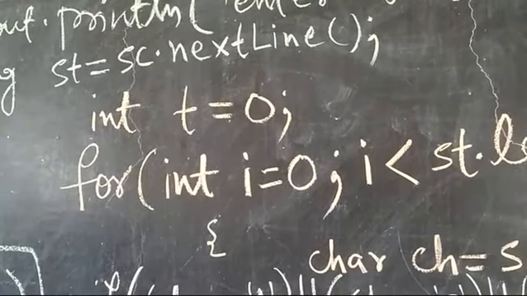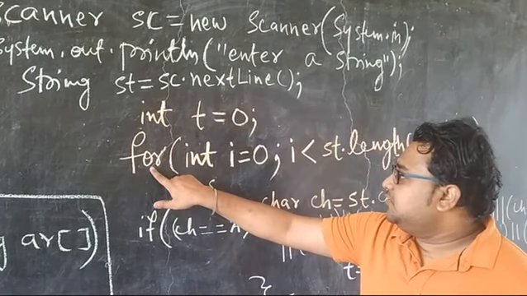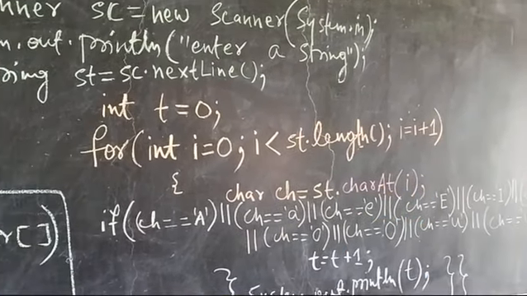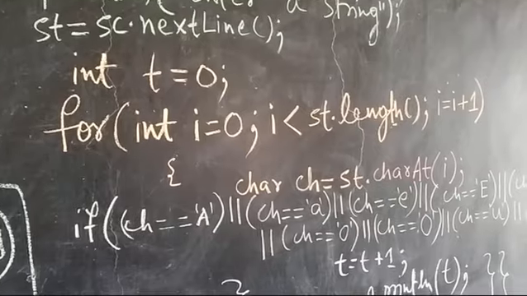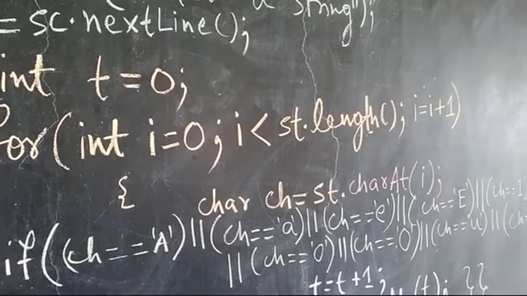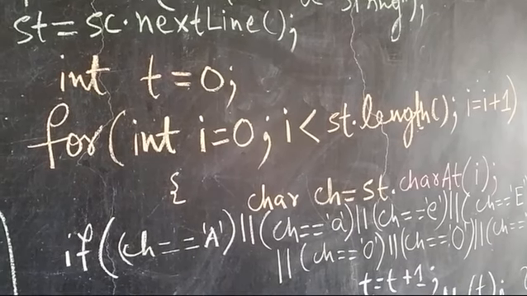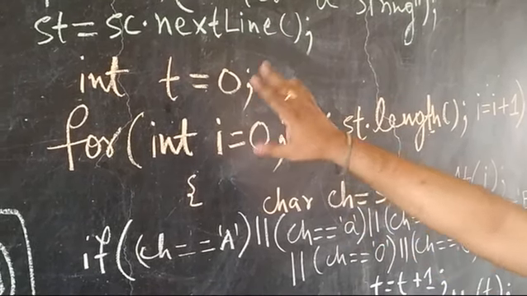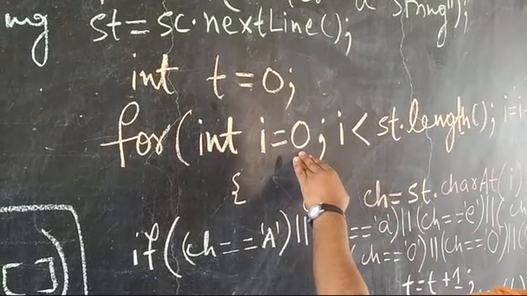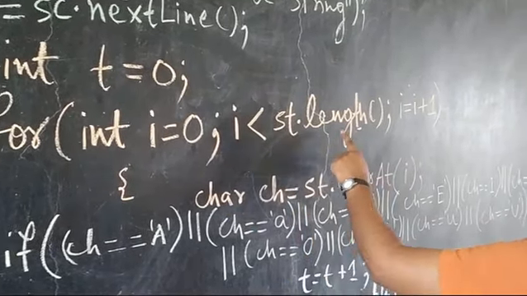Further we will move to the for loop. You can see the for loop contains 3 things, 3 portions. In the first portion, the value of i is 0. The 0 means this is the index number. We are starting from the 0 index number. Index number always starts from 0. That's why I mentioned here i = 0. You can say I use this for loop only for the index number. So index number starts from 0, and index number will walk till st.length.